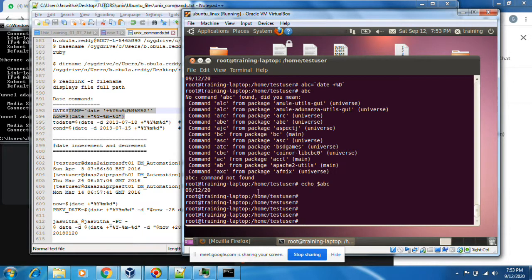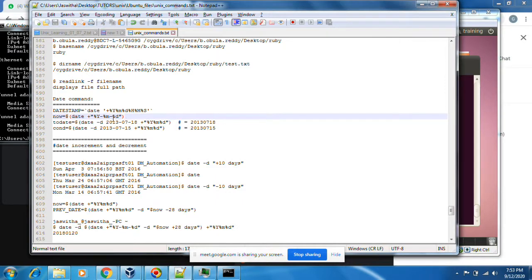I want to print this ABC in a different format also. That can also be possible. You see, this is user defined. If I want to convert this format to this format, you just change this. These are user defined, you can put anything.